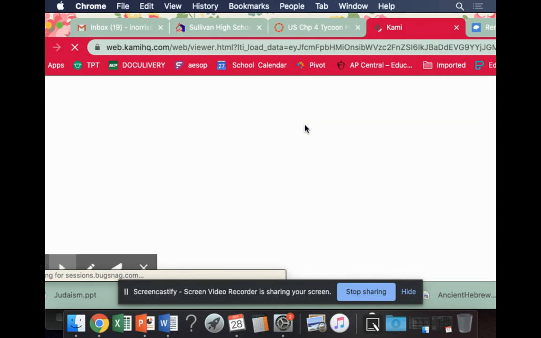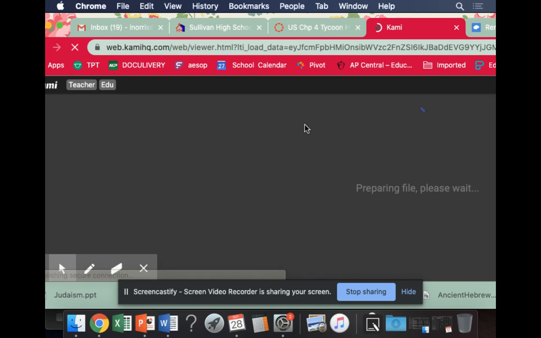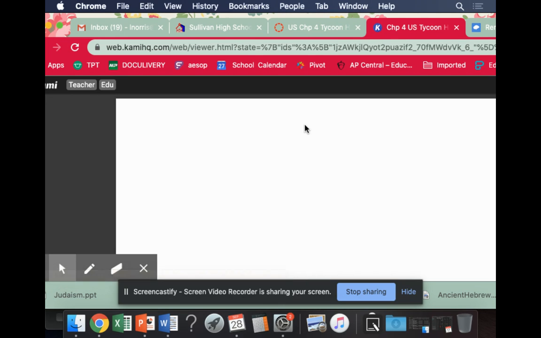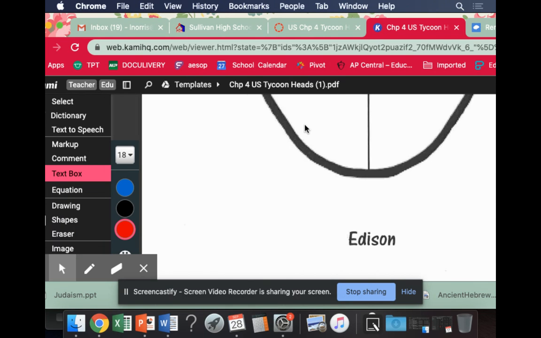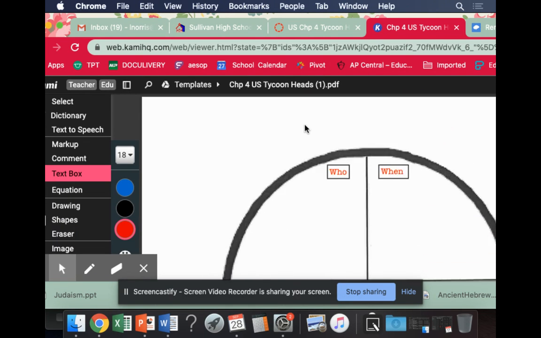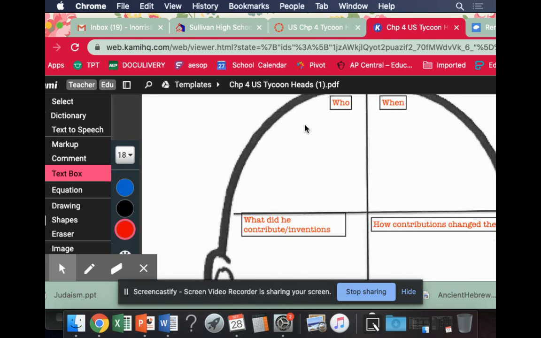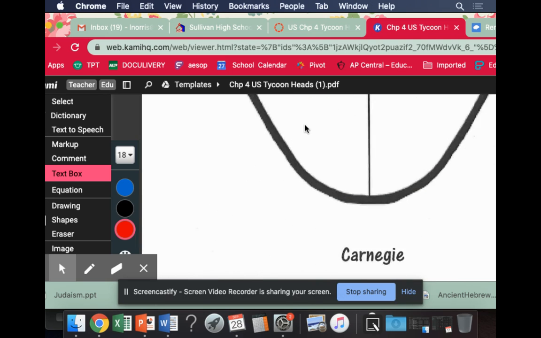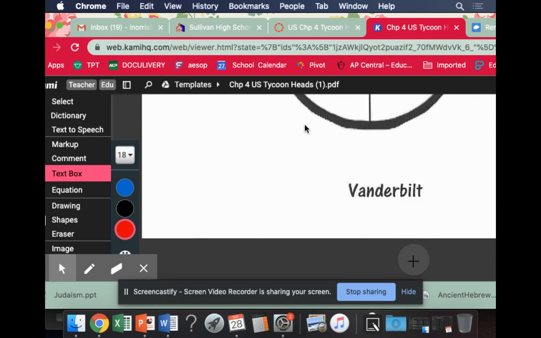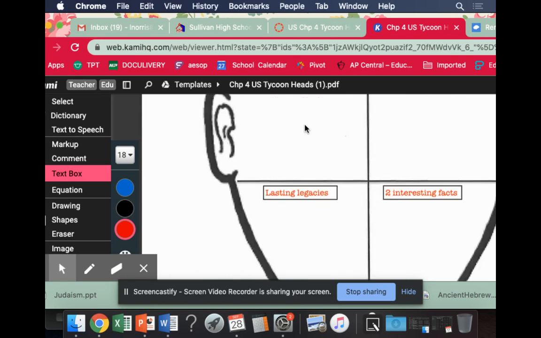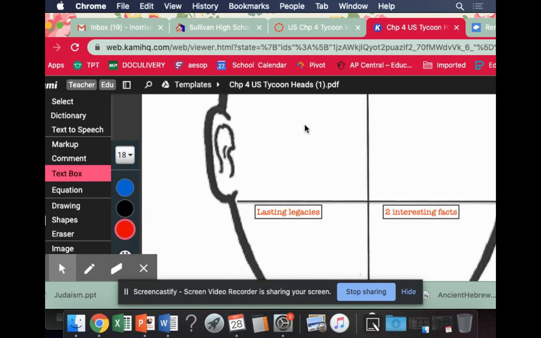And you are going to have to look these guys up a bit to see who they are. And our tycoons are Thomas Edison. These should be names that you all have at least heard before. Rockefeller, anyone that's ever been to New York City to 30 Rockefeller, that's their building. And our next one is Carnegie, and then our last one is Vanderbilt. And those are the people that we'll be looking at in this chapter. You have the entire class period tomorrow to work on these.